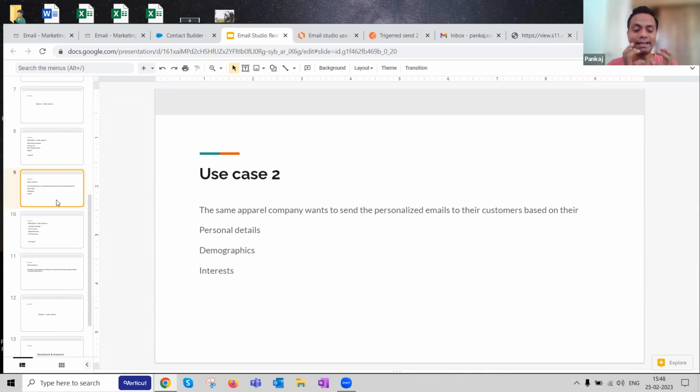All this data is getting gathered every day. Like Amazon, if you do a small click, they capture it. If you spend specific time on a particular page, they capture it. So all that data is getting harvested on their sites, and they make use of that data to send you personalized content. And we'll look in a moment in the context of Email Studio how this is used.